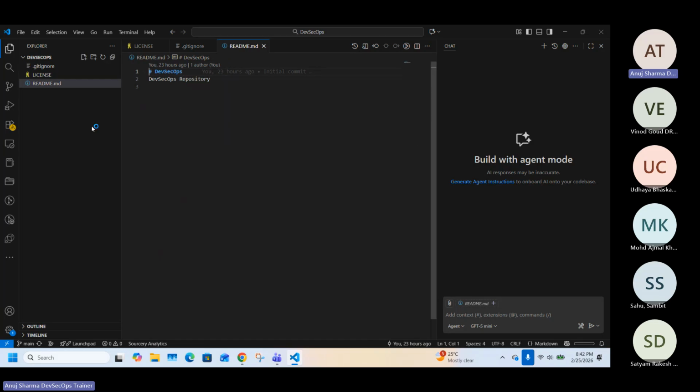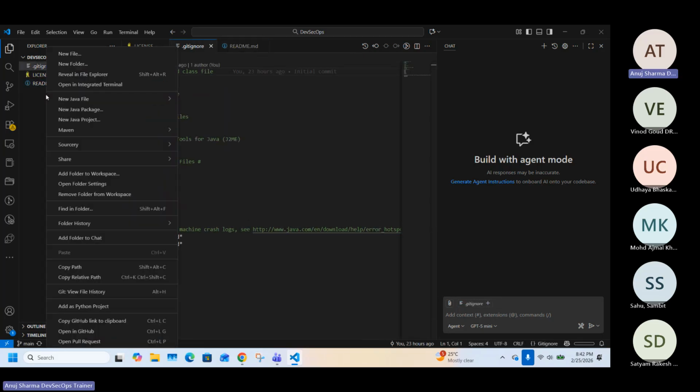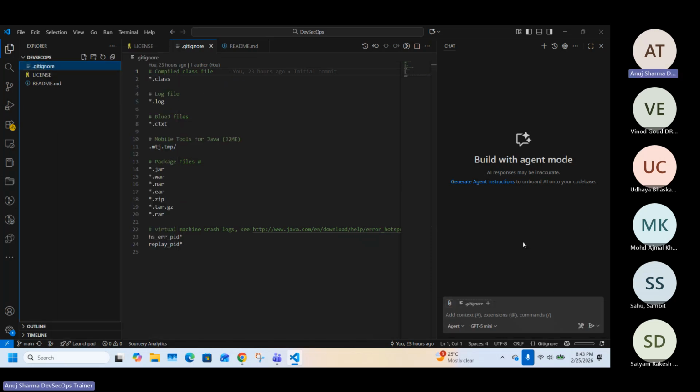See, the Copilot is there. Now in the normal world, you have all the options whether you want to go for a Java file, you want to go for a Maven project, you want to create a file, you want to add some folder file, all the options are there, right? So, but if let's say, like